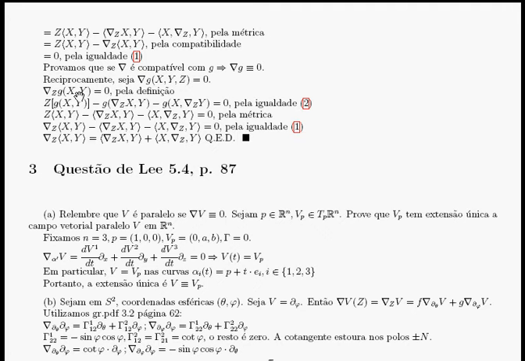Now we go back. We suppose that the total derivative of g applied to x, y, and z is equal to 0. By definition, the connection of g(x,y) over z is equal to 0. Say we take z and take it down. By the equality 2, we apply z to g and we distribute the nabla z over the sum of 1 and 2. We are using k contravariant equals to 2. By the matrix g(x,y) is x inner product with y. Here we have the inner product of nabla and y, and here we have the inner product of x and nabla y over z. By the equality 1,